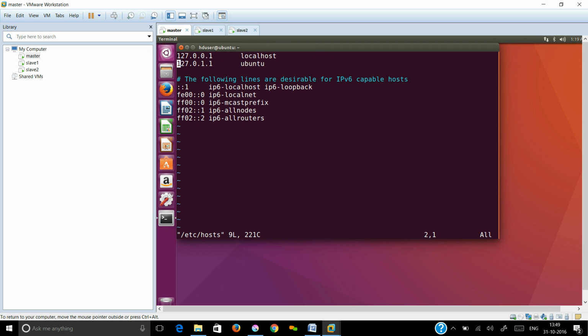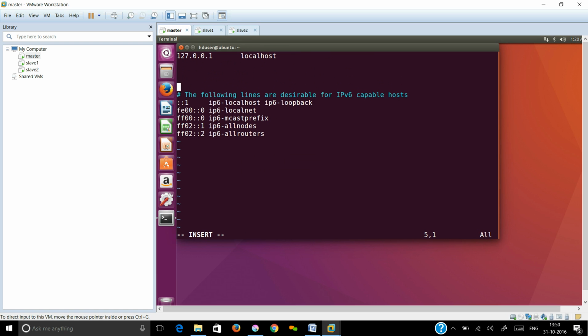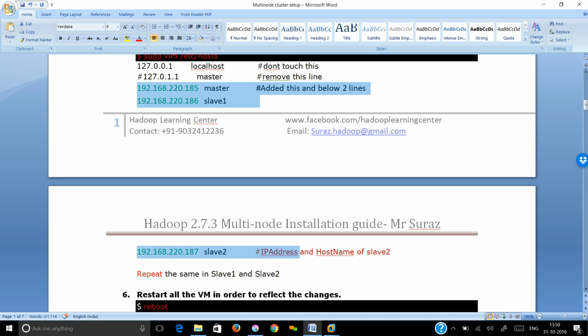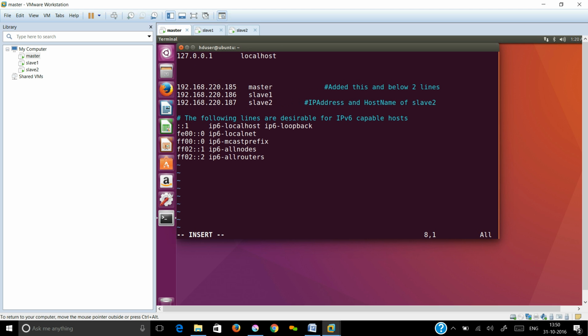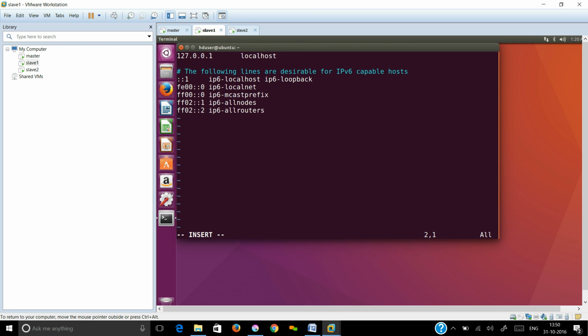Now first thing first, delete this line which contains this Ubuntu. You can press dd to delete it and then press I to come into insert mode and you go back to the document, copy this 3, copy and just right click and say paste. Okay, 85, 86, 87. Similarly go back to slave 1, go down, say dd to delete this line, press I, right click and say paste,